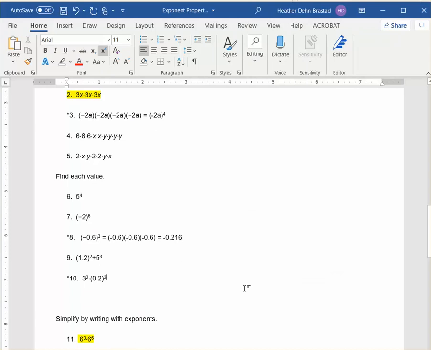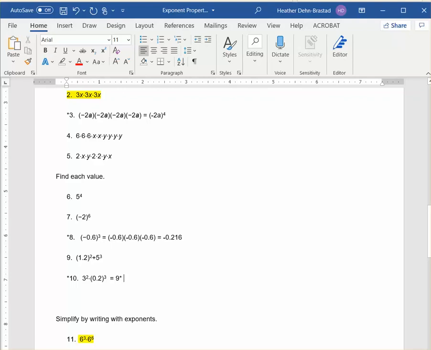All right, let's look at number 10. Number 10, we would have 3 squared. So that's 3 times 3. Or you can just know, you can do 3 squared in your head. 3 squared is the same as 3 times 3. That's 9. All right. And then we have